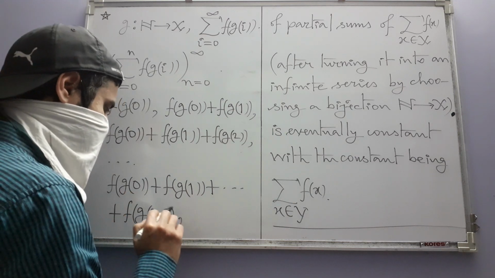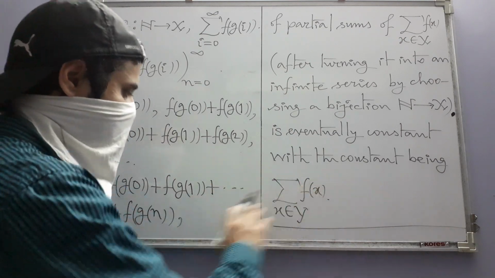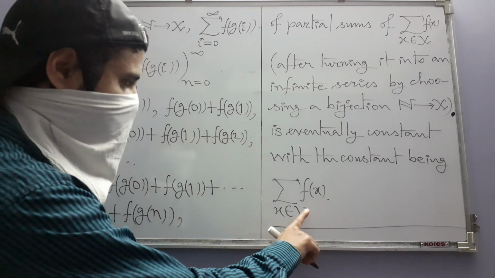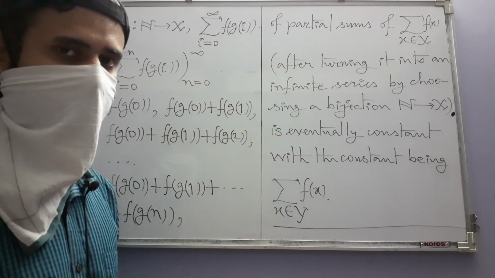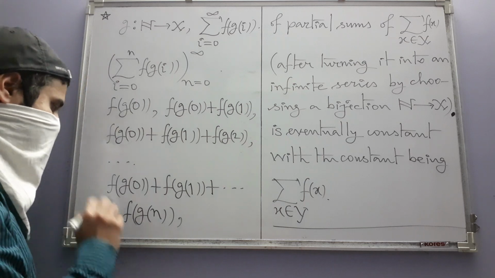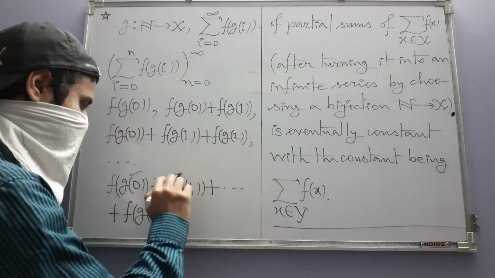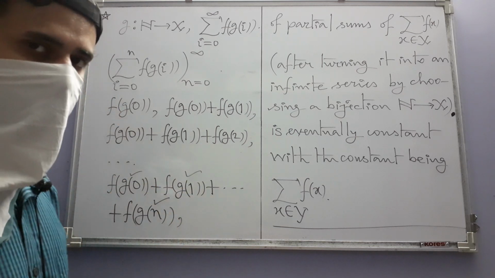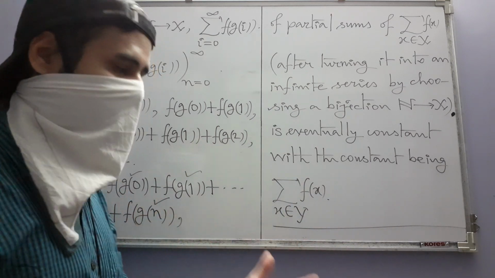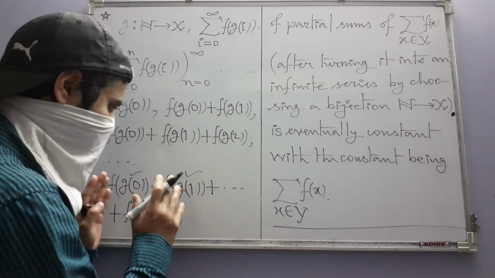But then if you continue still further, you continue to write even more partial sums. What are you going to get? See, you have run out of non-zero f values because you have run out of elements in y. Whatever elements you have in y, they have already appeared among these g values. Nothing else is going to appear that is going to give you more non-zero f values. So at that stage the sum stalls.